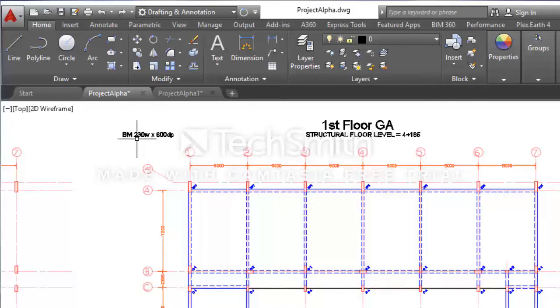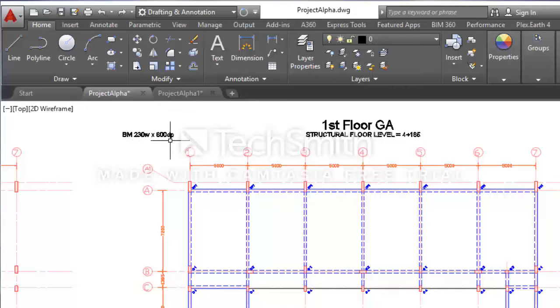So when you see 230W, you read it as 230 wide beam, while the 600 DP represents the overall depth of the beam. So this third part of the label represents 600 deep beam. So if I want to read this label in full, I will say this is a 230 wide by 600 deep beam.